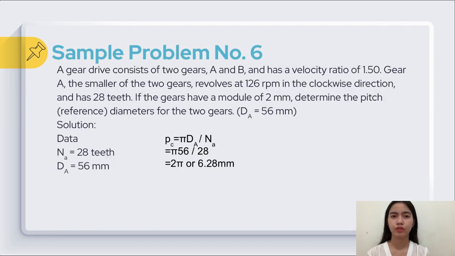Sample problem number 6. A gear drive consists of two gears A and B and has a velocity ratio of 1.5. Gear A, the smaller of the two gears, revolves at 126 rpm in the clockwise direction and has a 28